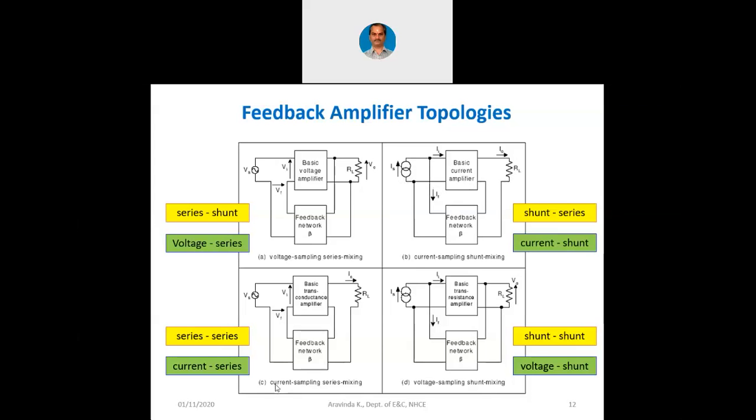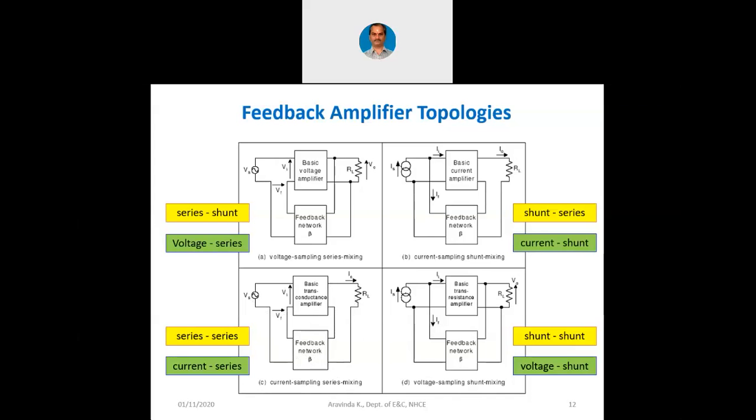Now coming to the type C or the diagram C, here input is also in series and output is also in series connections, and it is mentioned as current sampling series mixing, means at the output current is sampled and to the input it is mixed in series, which means it is a current series feedback amplifier. At the output current is sampled, at the input it is connected in series. So at the input it has to be voltage connections only. So we can say it is a voltage to current